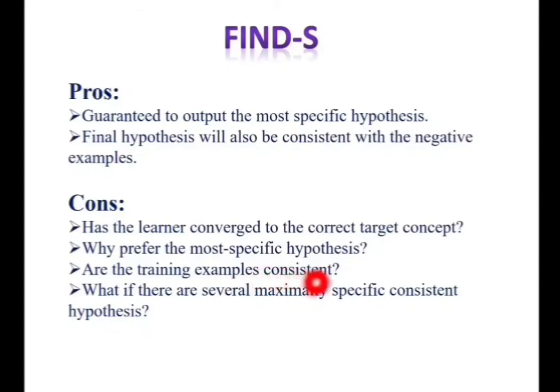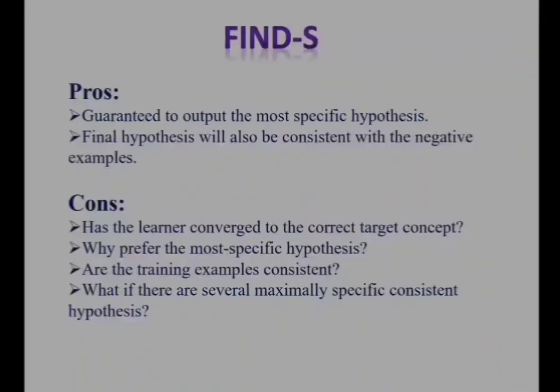The next disadvantage is Find-S assumes the input data is error free. If there are any errors in the input data, the Find-S algorithm fails to give the most specific hypothesis. Lastly, in the partially ordered hypothesis space, Find-S uses only one branch of hypothesis space. Hence, it must be extended to backtrack to generalize the hypothesis along the other branch. So these are the pros and cons of the Find-S algorithm.